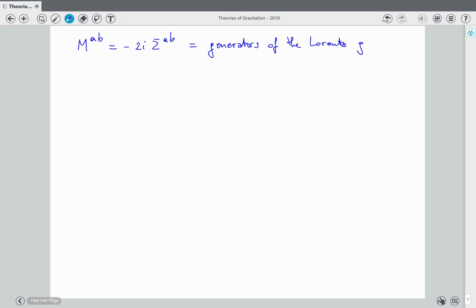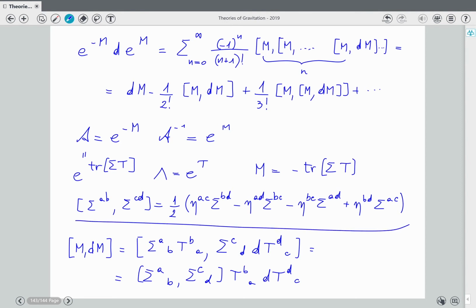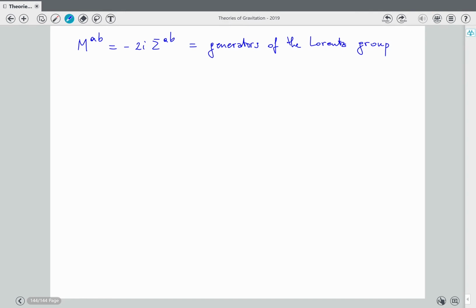What does that mean? It means that this identity that I just wrote, when you multiply by minus 2i here, minus 2i there, converts into the identity obeyed by the commutators of the generators of the Lorentz group, which is